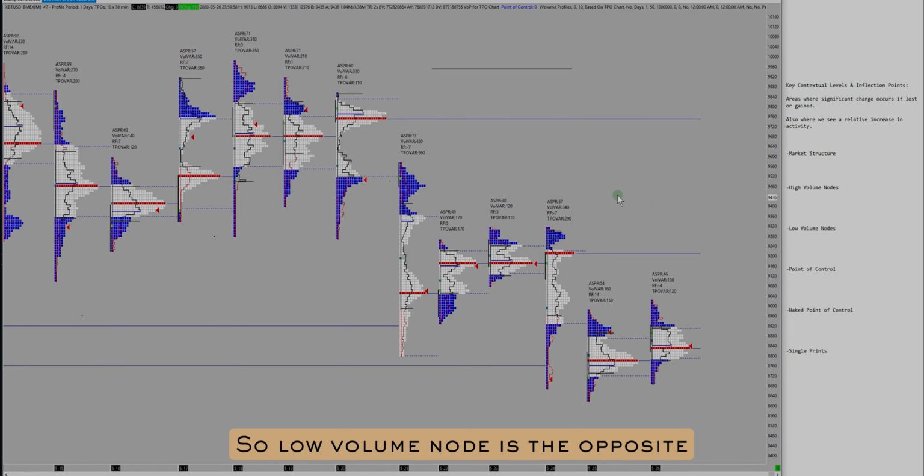So low volume node is the opposite. Low volume node is this depression, right? It's not this area that's a lower volume node next to a high volume node. It's the depression within this volume structure, so within this TPO chart and within the underlying volume structure. So we see multiple low volume nodes. We see a low volume node right here. We see a low volume node right here,